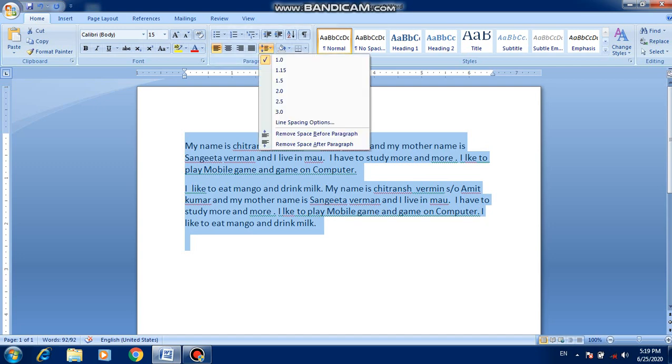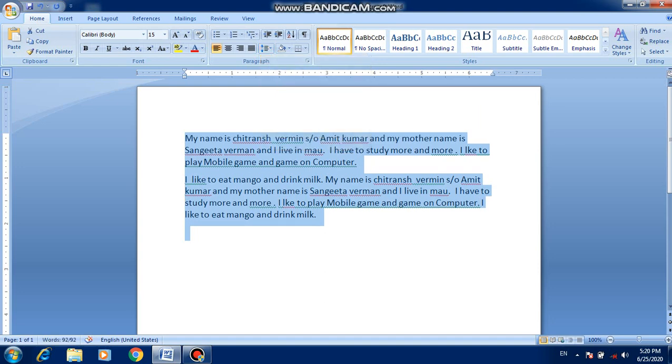Click on this option and look here, two options are given: Remove space before paragraph, remove space after paragraph. First apply remove space before paragraph. Look now, before starting the paragraph some space is removed.